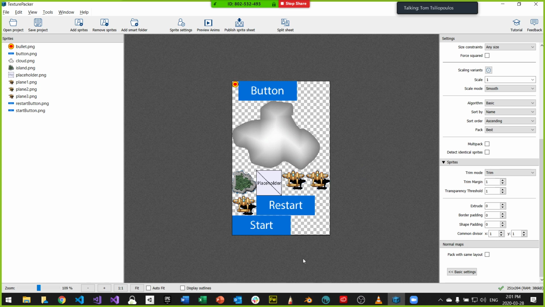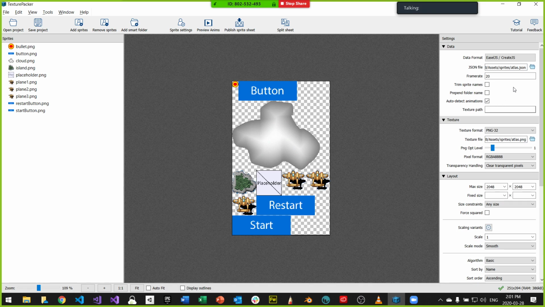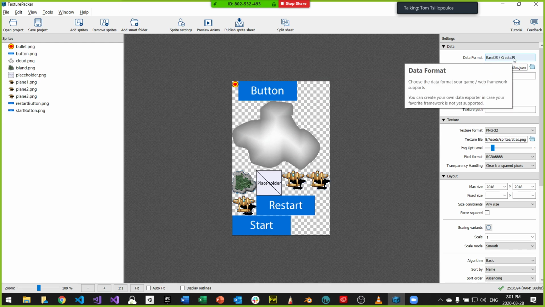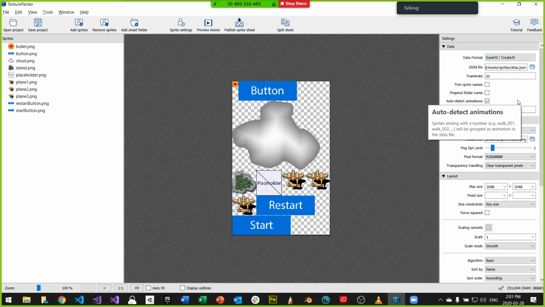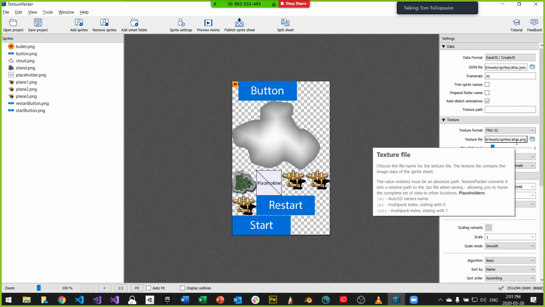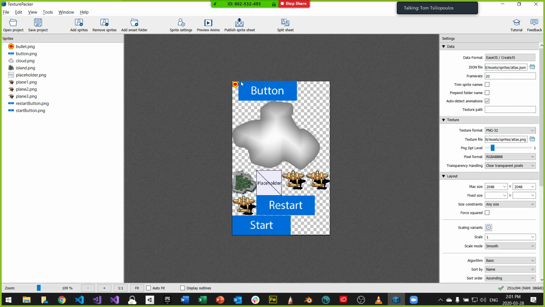So we talked about how to use Texture Packer last week a little bit, and what this does is you just drag and drop your sprites on here. You decide on a format. Here I have Easel.js, and Create.js is supported as a format, which is really cool. We can output an atlas.json file and an atlas.png, and that looks like this. Then we can cycle through and pick each of the sprites on the sprite atlas, or sprite sheet, texture atlas, and we know the position of where they start, and we can connect these frames together to create an animation.